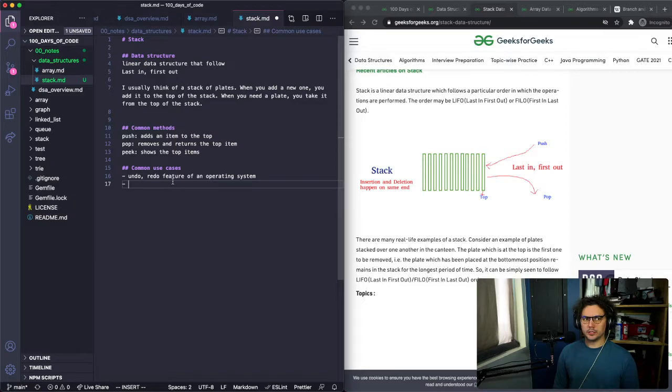I guess the only place I've used it in coding for an algorithm is to reverse the order of another data structure.